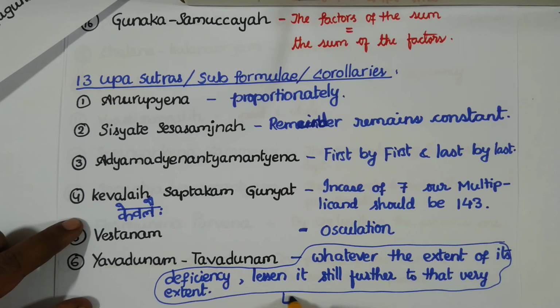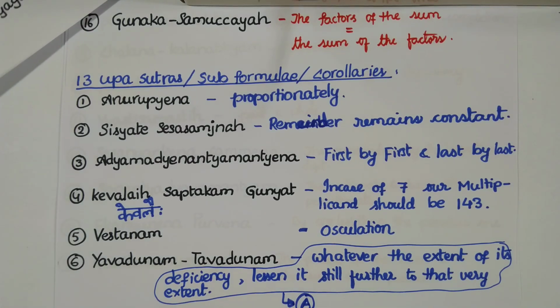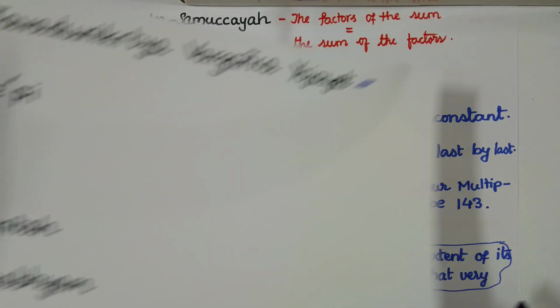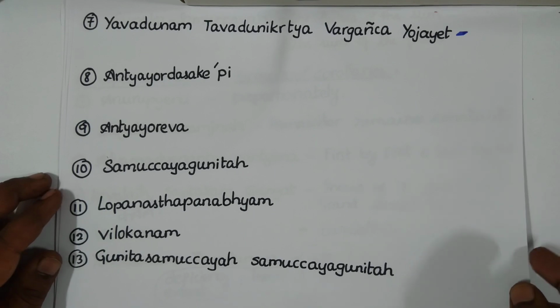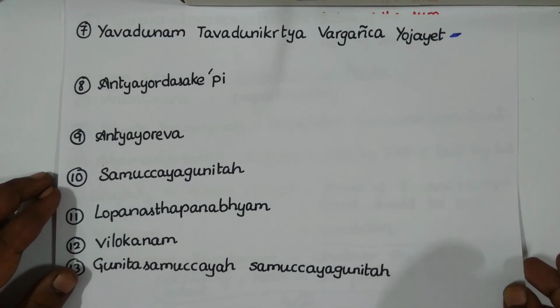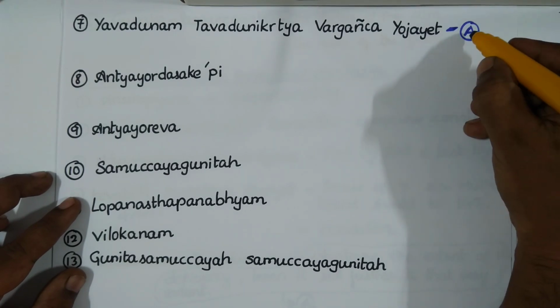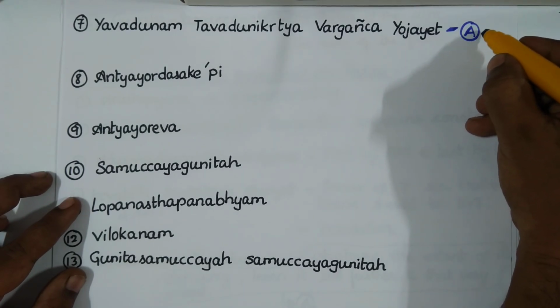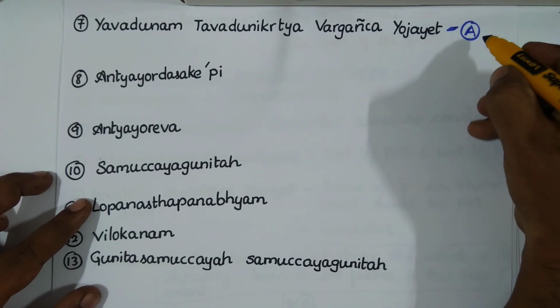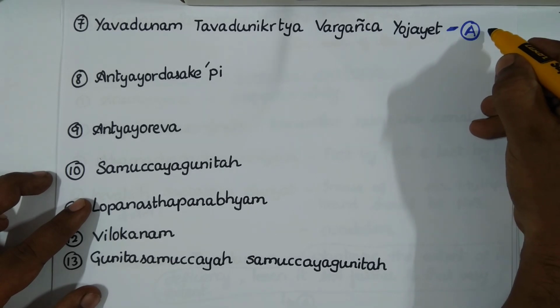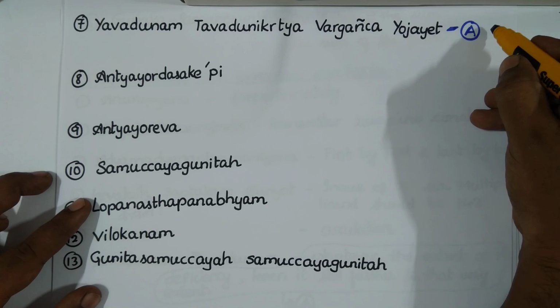Let's label this as, say, A. Now we will append to it like this, just followed by A. Repeat those same words here: whatever the extent of its deficiency, lessen it still further to that very extent,